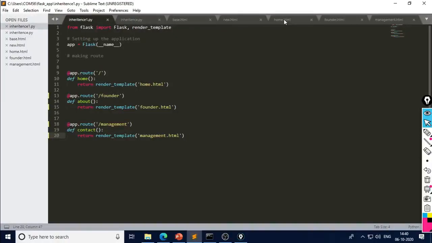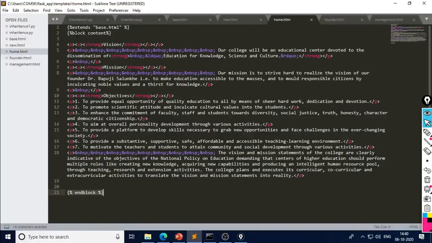First we will see how many files there are. Home.html. So let us see what the contents of home.html are. The first two statements are the extends statement and block content. So it will extend base.html. This is the beginning. It is not necessary to write the HTML tag in this file because these are children. So extends base.html, block content, and whatever you want to print you can write below this.